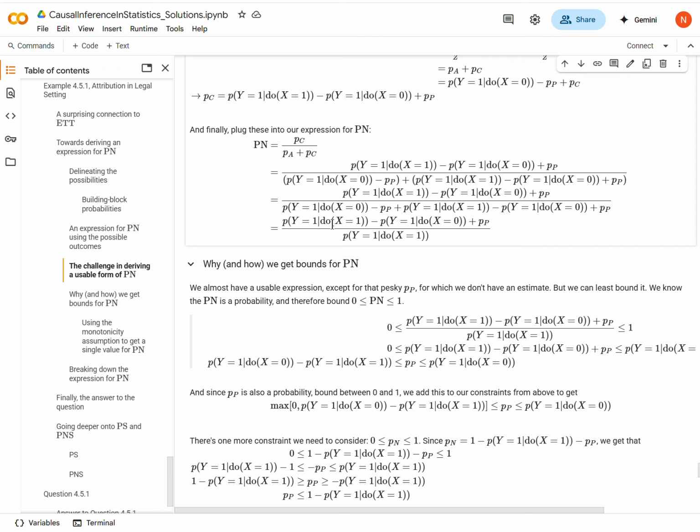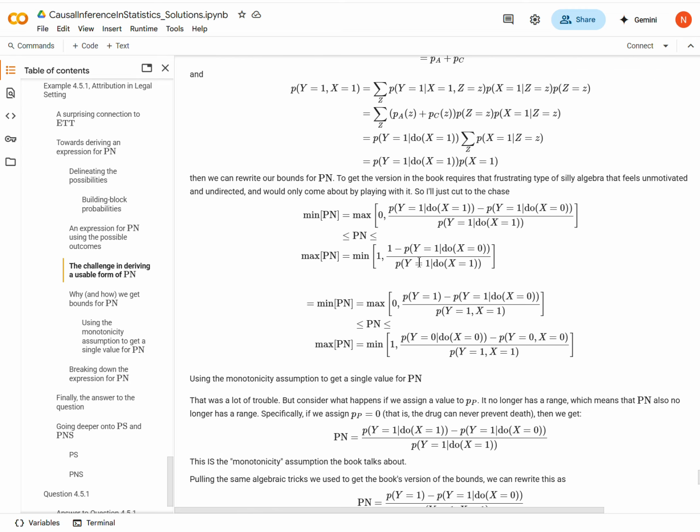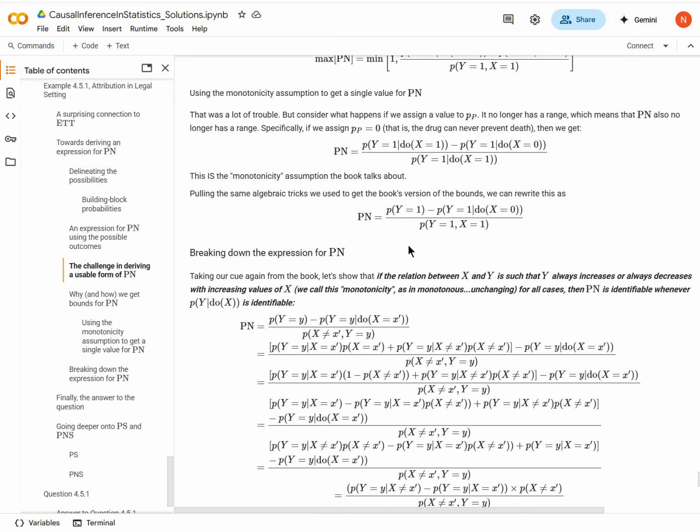It only increases or doesn't do anything to the probability of death, okay? And the way that we get that is to eliminate this PP term here. So this is just an assumption, right? That we can't prove this here anyway. But if we just say that the drug never prevents death, well, now we're just left with this expression right here. We're just left with the expression without the PP, and therefore without the